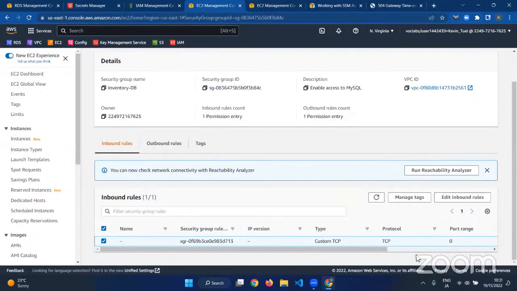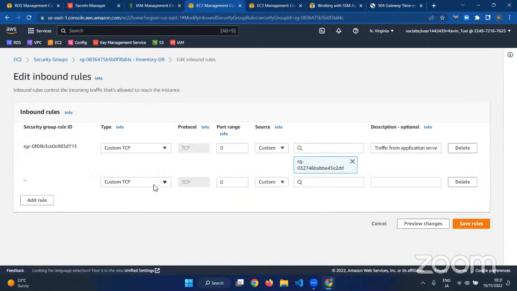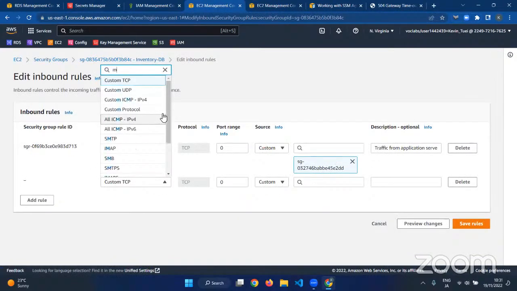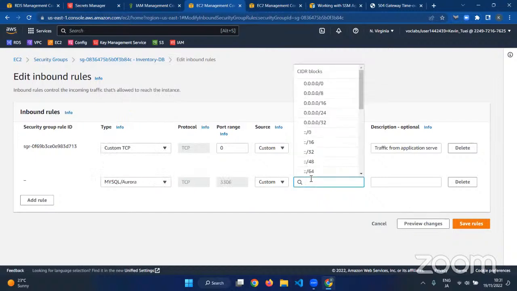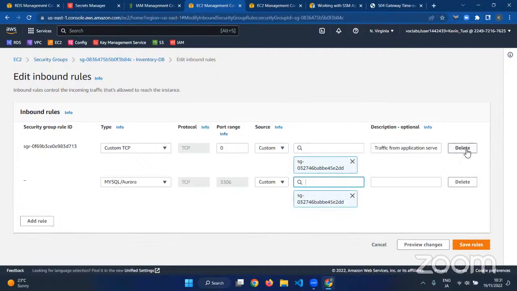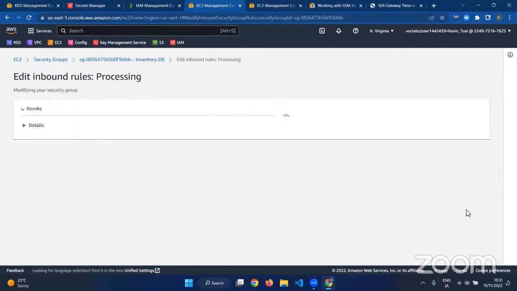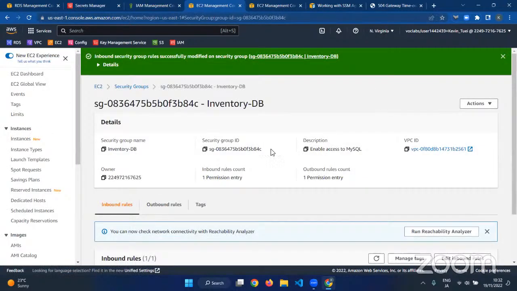Okay, I think the first one was MySQL Aurora. Our inventory DB was not having that. I think I can just edit the inbound rules. I add another rule. I use MySQL Aurora, and then I use the 2DD. And I think I'll delete that one. Then I'll save changes. Good, that makes sense. I think then the other issue that I had